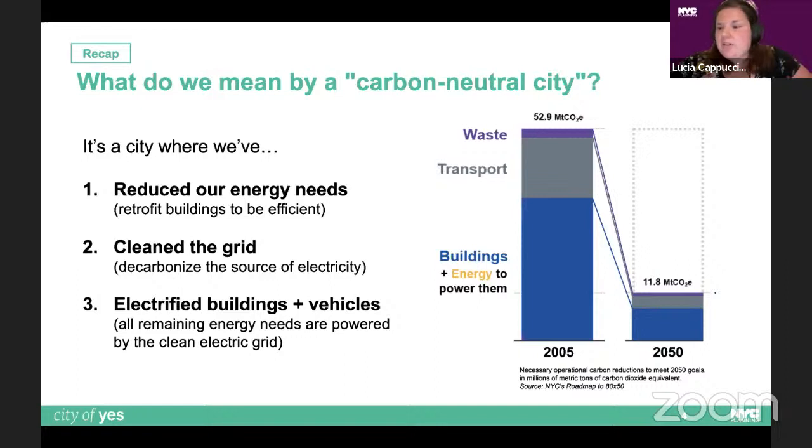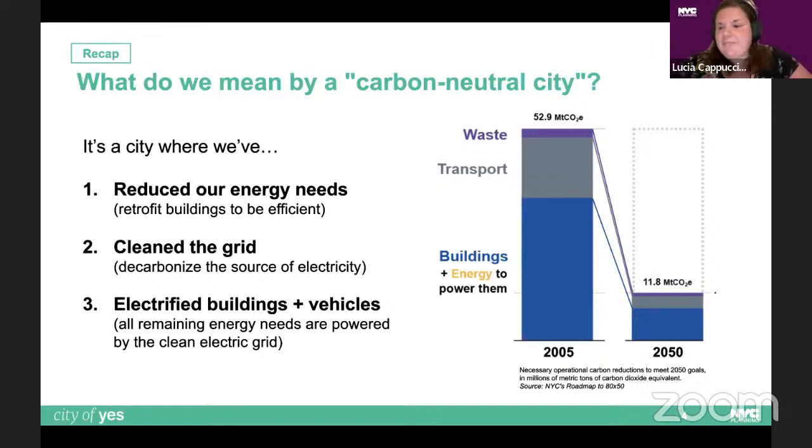It's a city where we've cleaned the grid. And to do this, we'll need to switch from fossil fuel powered electricity to renewables like solar and wind. And it's a city where we've electrified all remaining energy needs. That includes our vehicles and our buildings. This means moving away from fossil fuel fired furnaces and boilers to newly electrically powered technologies for heating and cooling,